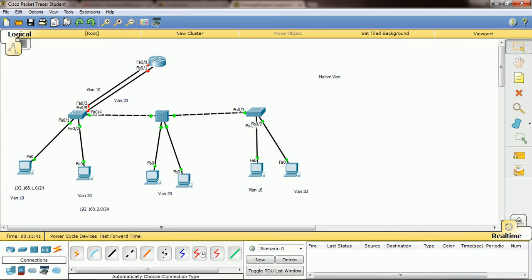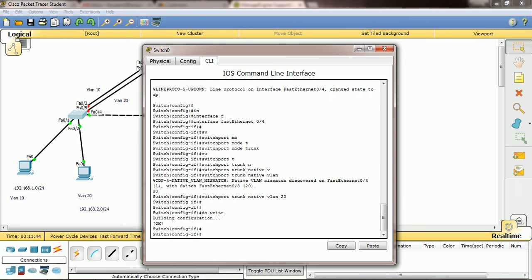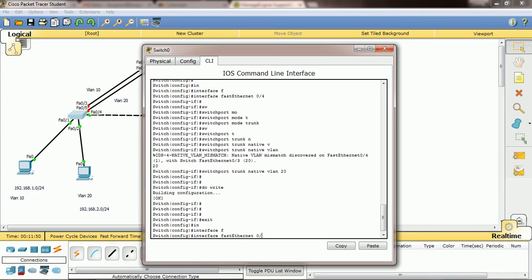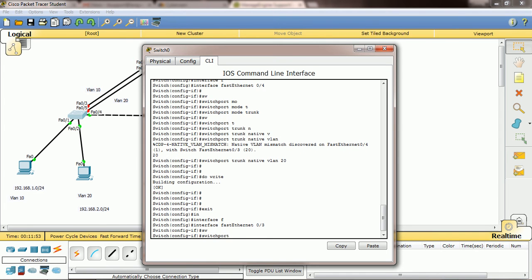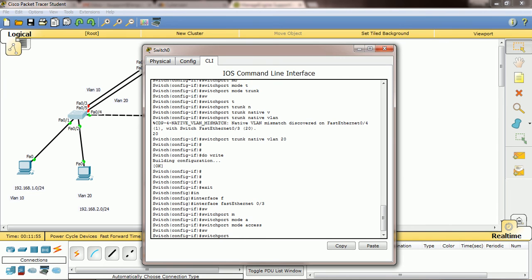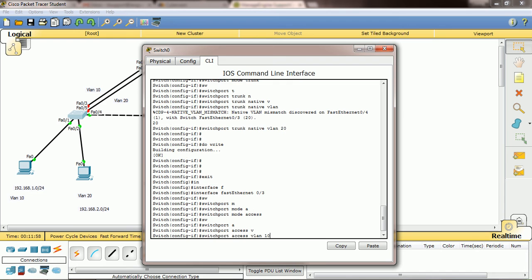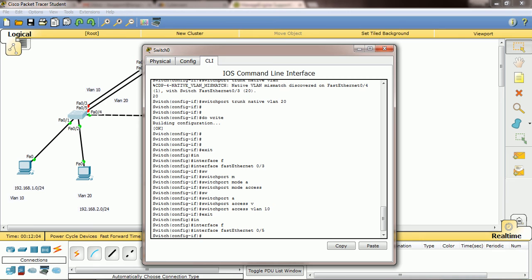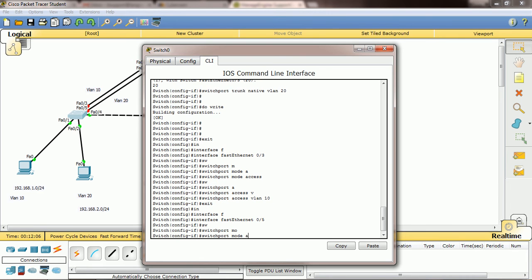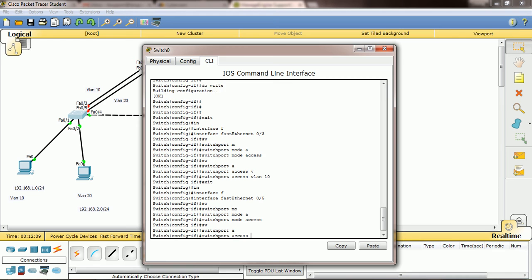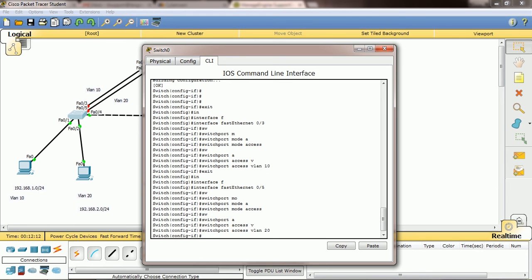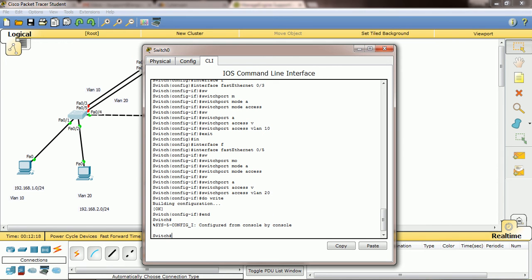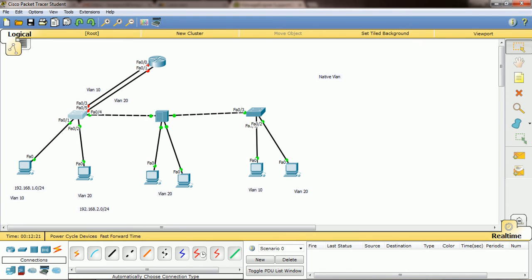So now we need to configure these ports, switchport mode. So what we need to do is just exit here, then interface FastEthernet 0/3, switchport mode access, then switchport access vlan 10, correct, then exit, then interface FastEthernet 0/5, then switchport mode access, VLAN 20, right, then do write, then end. Once you give the end command, it will come to privilege mode. So this side it's done.